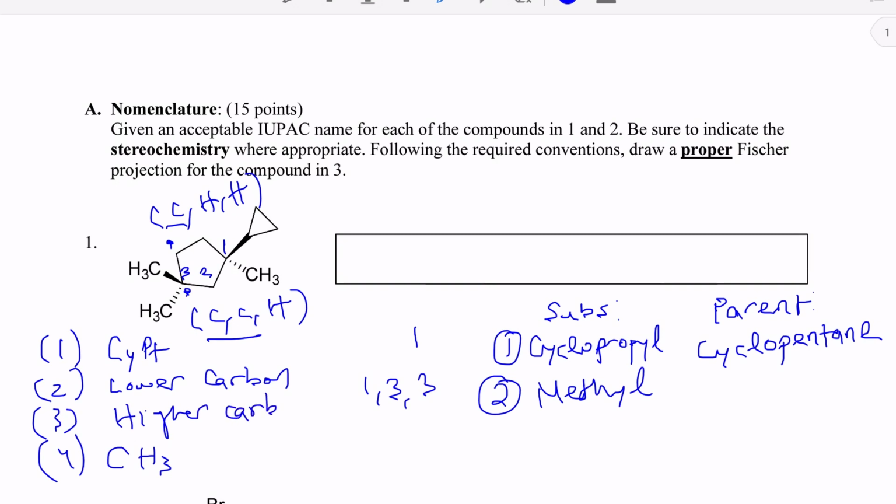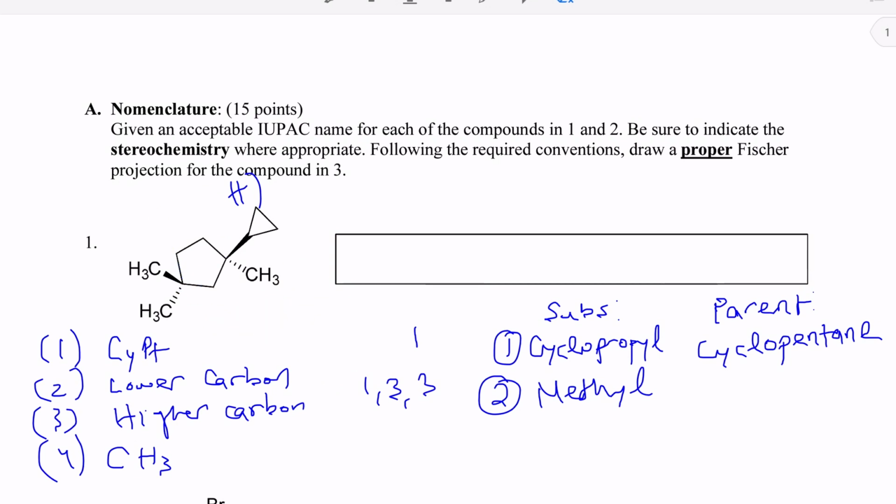So those are corresponding to... Now that we've gotten our substituents nailed and our order decided, we can actually look at how we can give the configuration for that stereocenter. So let me just go ahead and